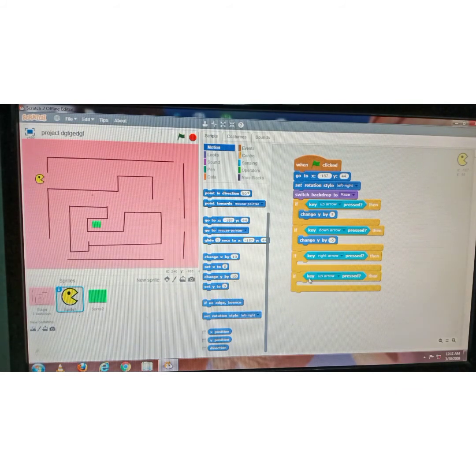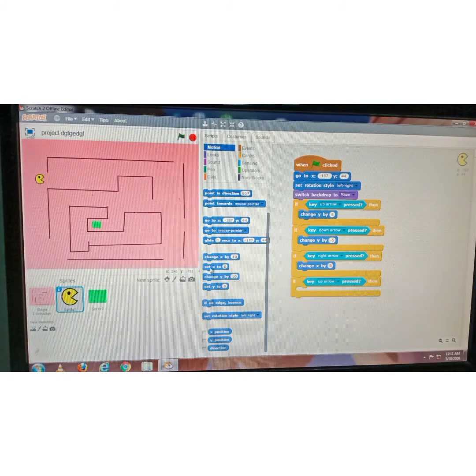Now in this, I'm going to use change x by, so it will change the sprite's x position by a specified amount. So I'm going to use this change x by and place it here. If right arrow key pressed, then I'm going to change the x position by 5,